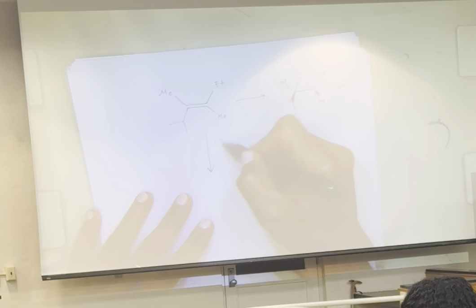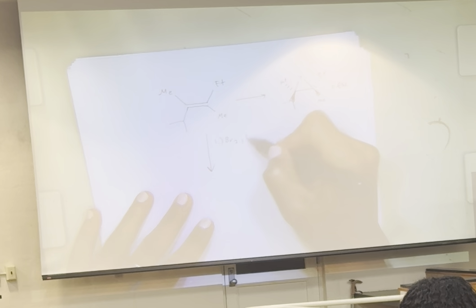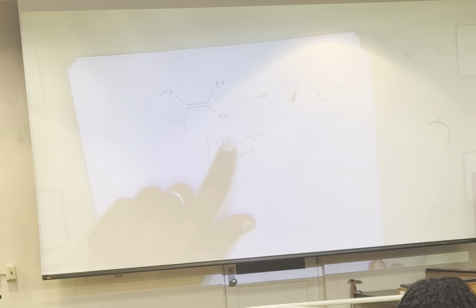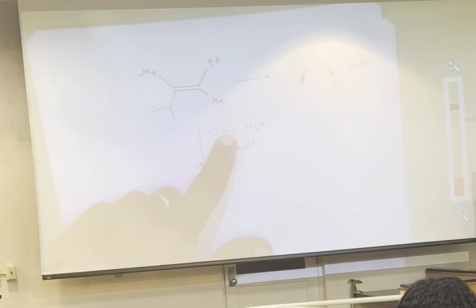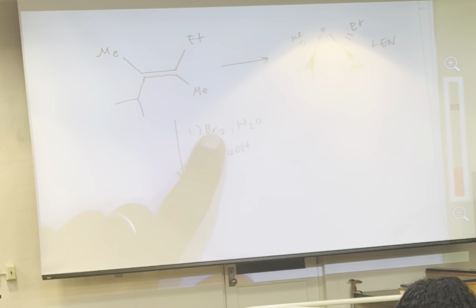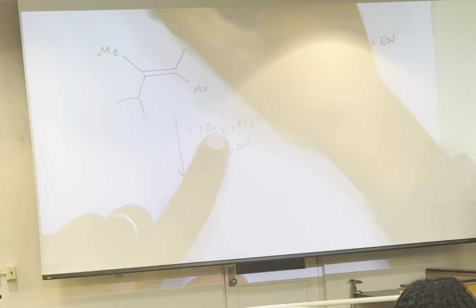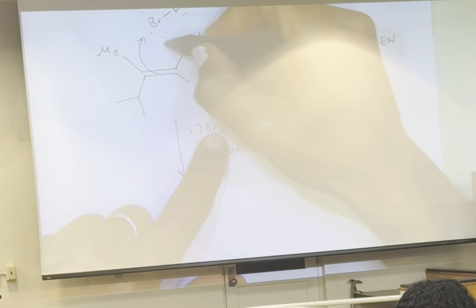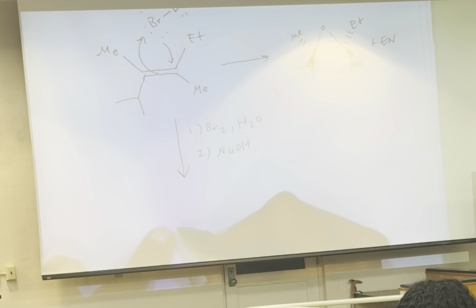Okay, here's another set of reagents that will get you there. I hope this looks familiar to you, at least the first part of it, okay? So this is halohydrin formation. Okay, going back to chapter 8 of Organic Chemistry 1, you should be able to do the mechanism of that problem, okay? So remember, Br2, when you have an alkene, okay, the first step of halohydrin formation: the double bond reaches out, and then we form a bridge, okay? So here's the bridge that we form, like this. So the Br is like this, okay? And then we have the Et, and then